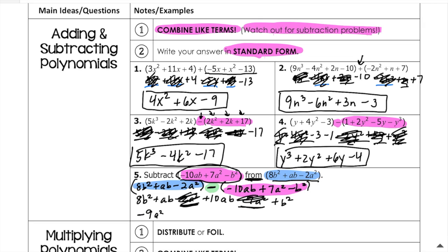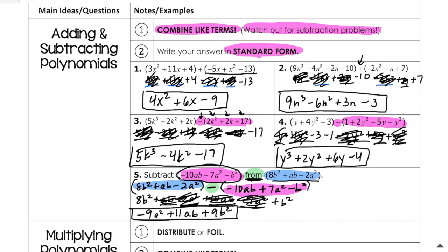Cross out, cross out. I have an ab and another ab. That's who's going to go next. I don't care that that b is squared because a will always come before b. So I have a positive ab plus 10ab. That will give me 11ab. And last but not least, I have an 8b squared plus b squared. That will give me a 9b squared. We're done. Okay. Be very careful when you see this word from,